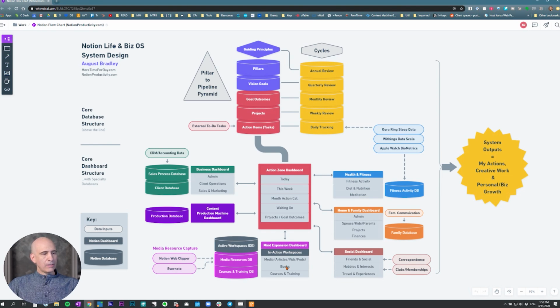I also have a separate dashboard and database on books. It's because books I organize and sort and search for based on different criteria than articles and videos and podcasts. So I have a different organization in that database. But also books, I do a lot more elaborate note-taking. I do much more summarization because a book is a meaningful effort and investment in time. So I want to make sure I get everything out of it that I can if I'm going to spend that much time reading a book. So I've got a lot of notes and a whole notation system. We'll do a video on that in the future. And then courses and training. I do some courses. I do some training sessions, both live and online, probably more online these days.